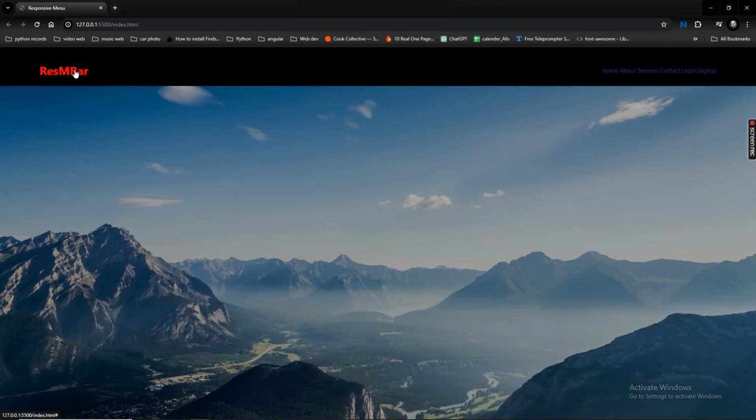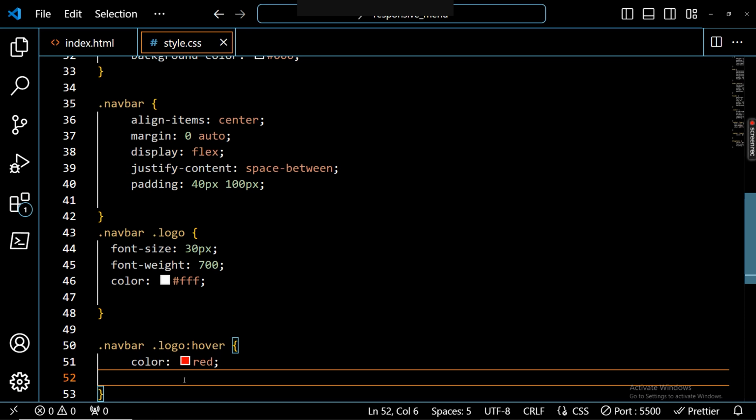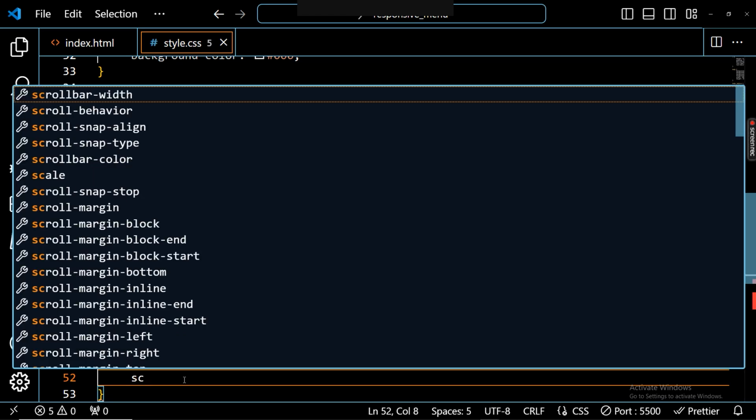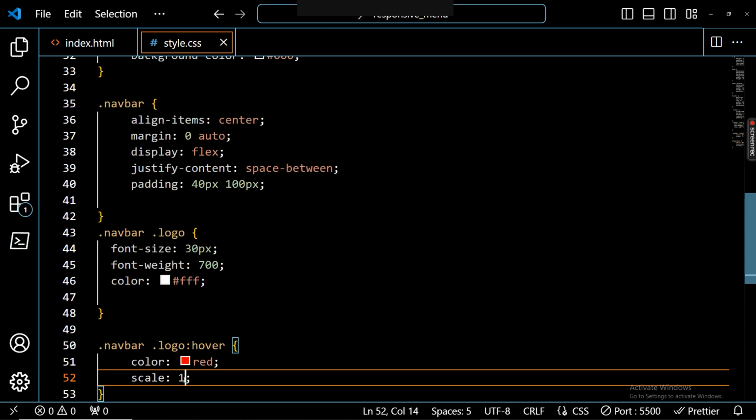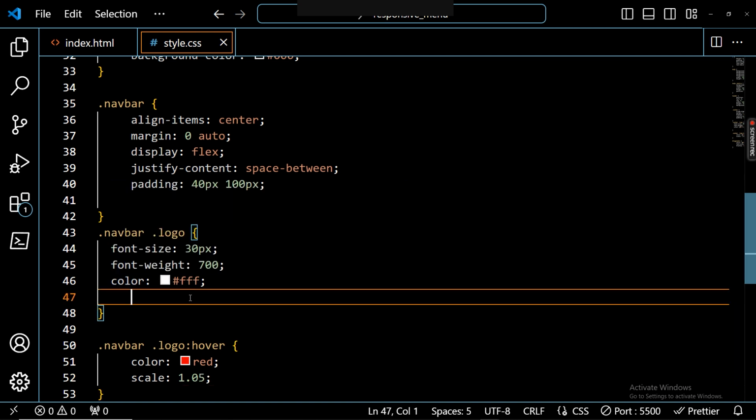Okay, so now on my mouse over, I have that filling, right? It changed to red, but I need a transition that is probably a scaling transition. Yeah, that is what I have applied. So here I'm going to change the scale for now to 1.05. So I'm going to come back here and apply the